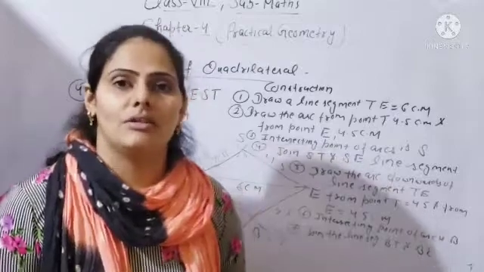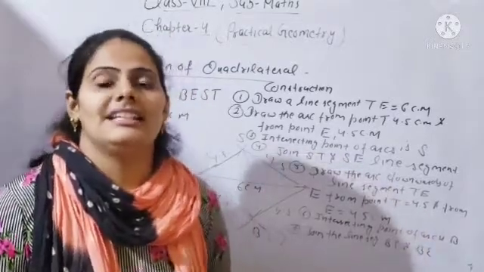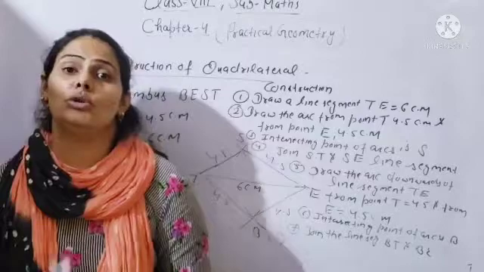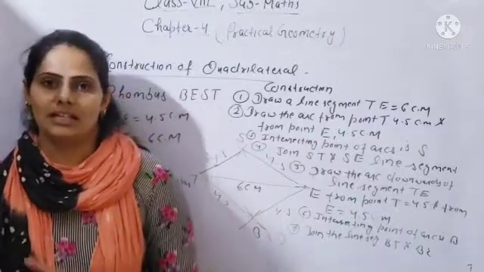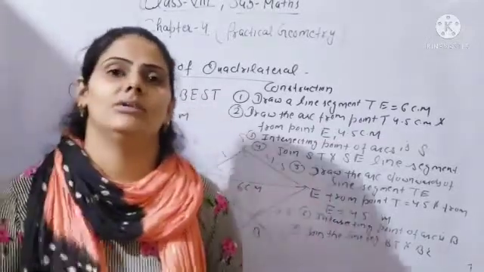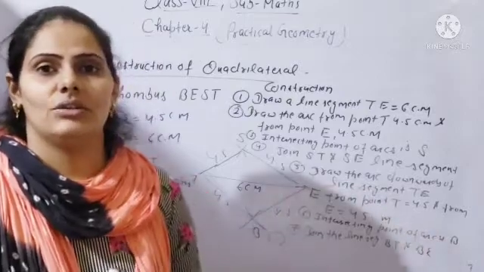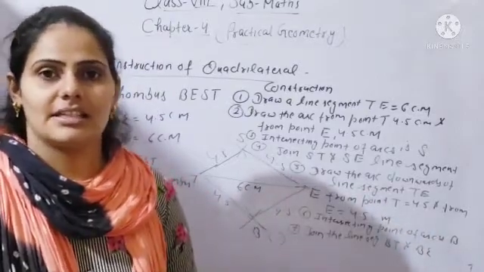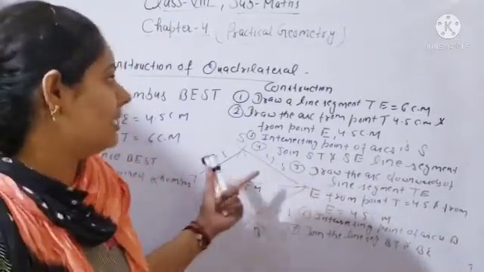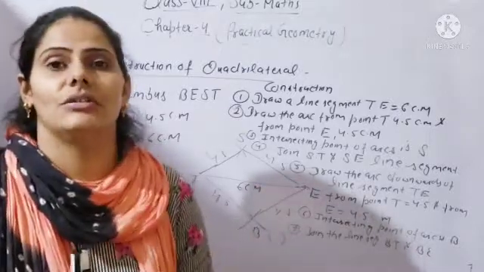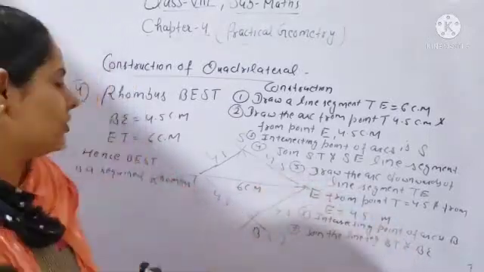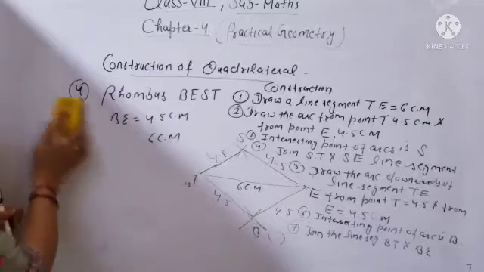So you have to complete your first exercise. Okay, and in second exercise we will do when two diagonals and four sides are given. Okay, when two diagonals are given and all the four sides are given, so how will you construct the quadrilateral? Is it clear? So you have to complete first exercise with your construction. Okay, all the questions you have to complete the construction also.